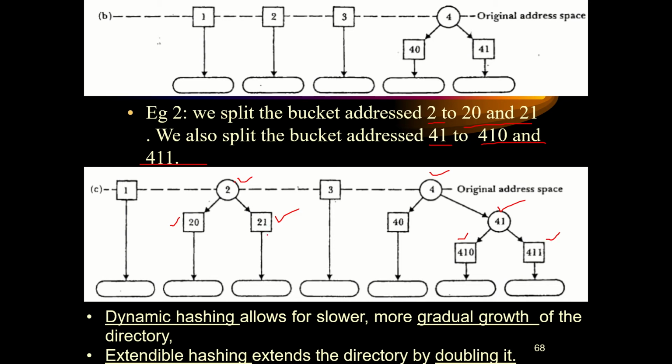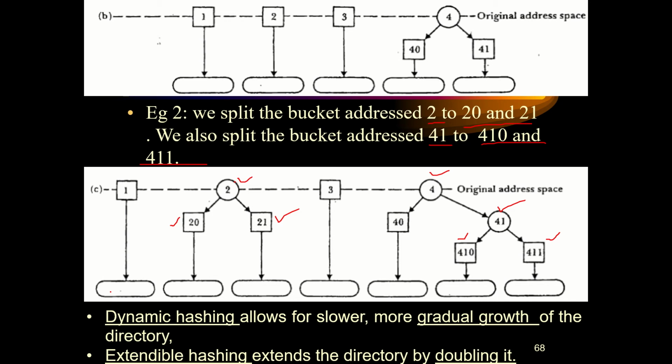So we can see when we compare both the efficiency of dynamic hashing and extendable hashing. In dynamic hashing, everything grows very gradually. Now in the case of extendable hashing, you can tell the growth is always doubled. Okay, why does it happen? We have mainly 2 steps in extendable hashing. We try to create a tree, then we try to complete the binary tree, and then we go for